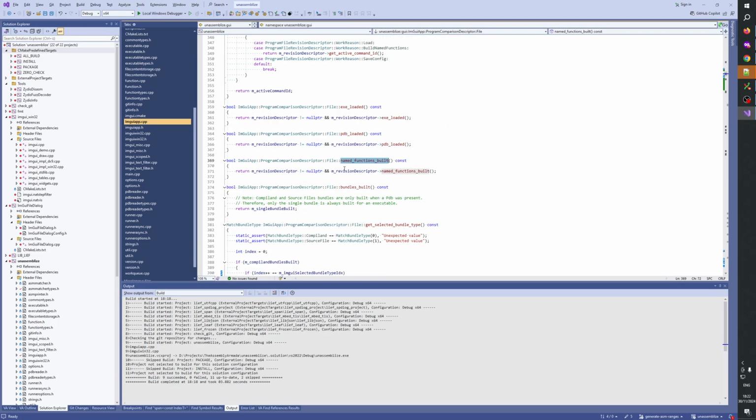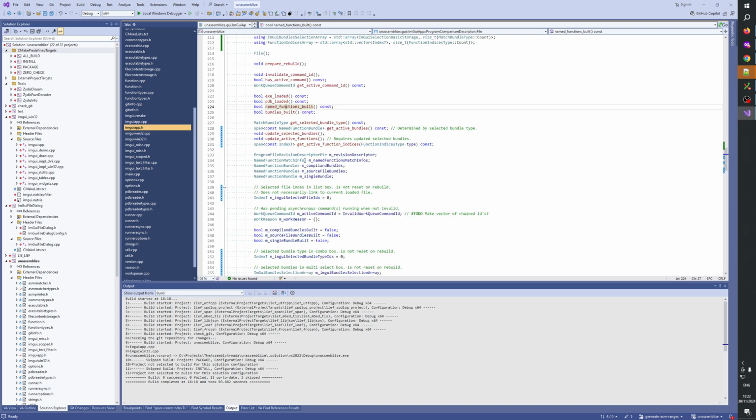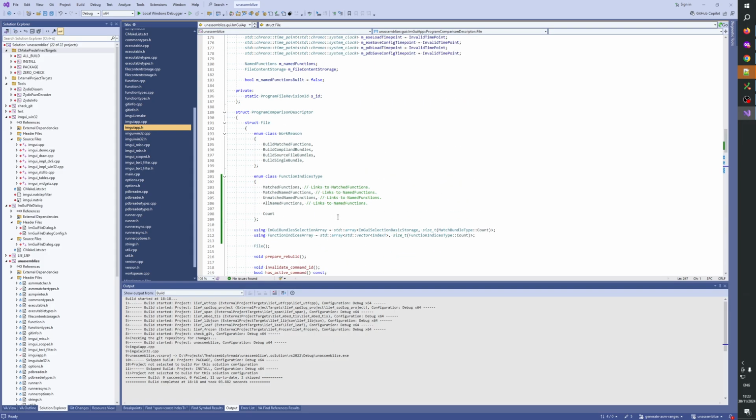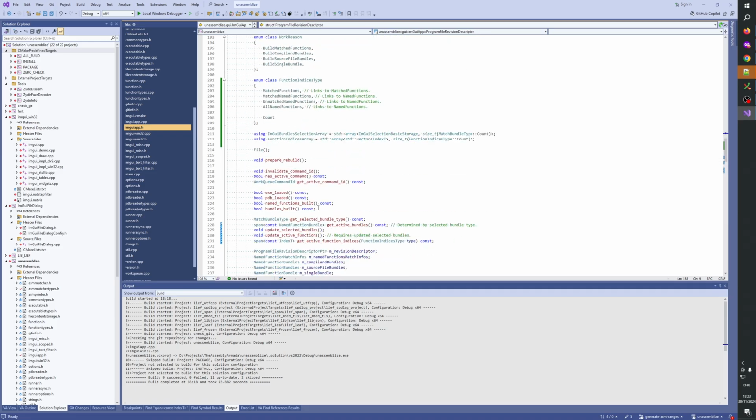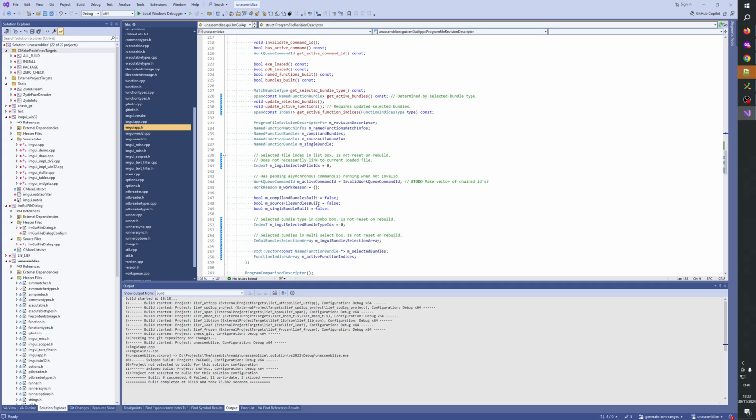Name functions build. Name functions build, okay. Yeah, the problem is here, because these two are optional, we cannot really use a Boolean, right? Maybe we should have a tree state for this. Name functions builds. This is okay. How about we do a